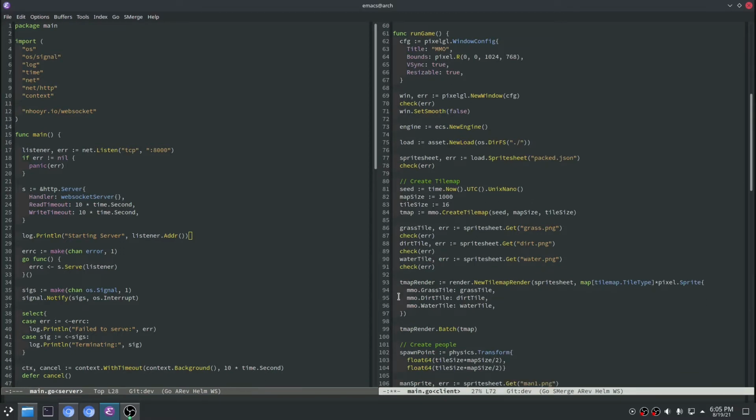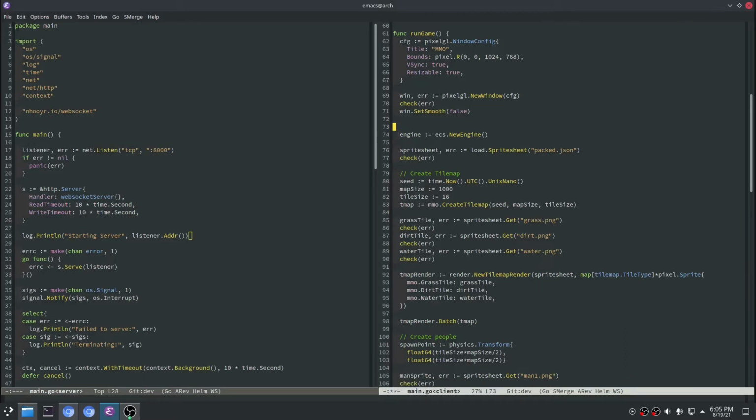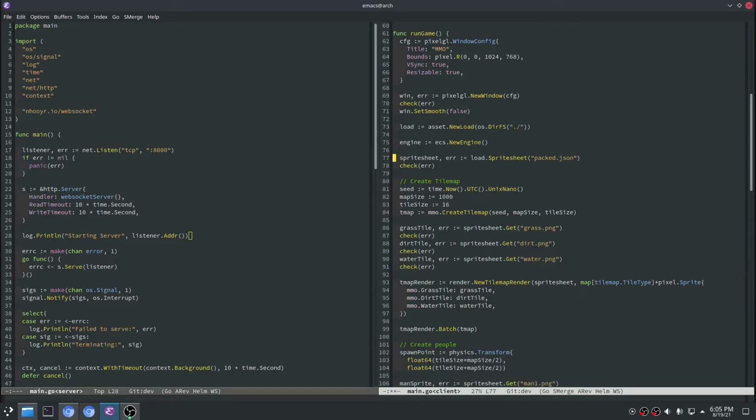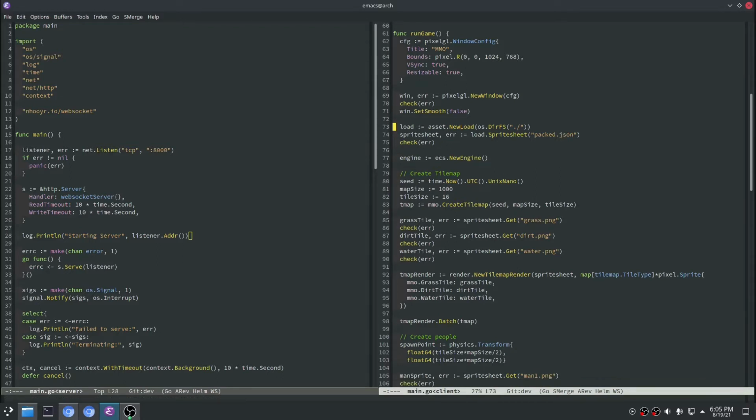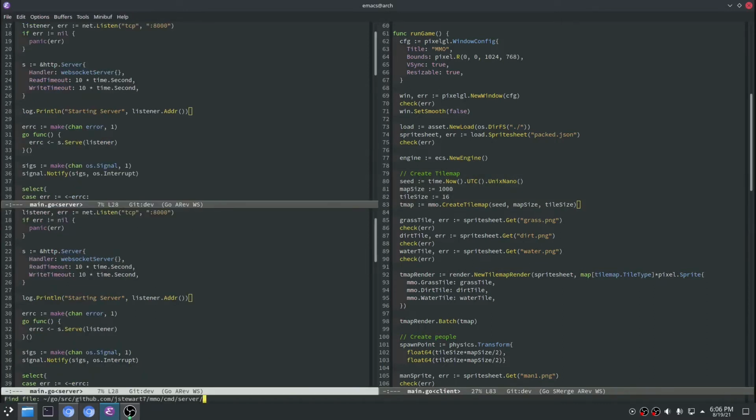We have a bunch of render specific stuff, file loading up here in the client. We load everything in, we create a new engine, then we create a tile map. This is our tile map data structure, so it should be common across the client and server. Let me open up our